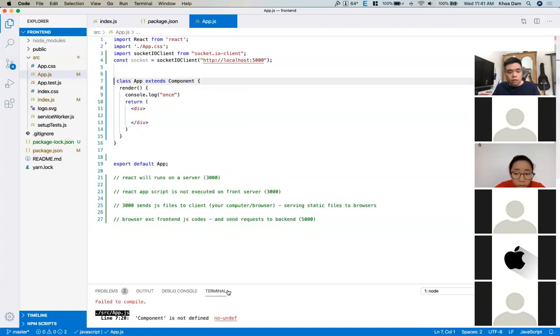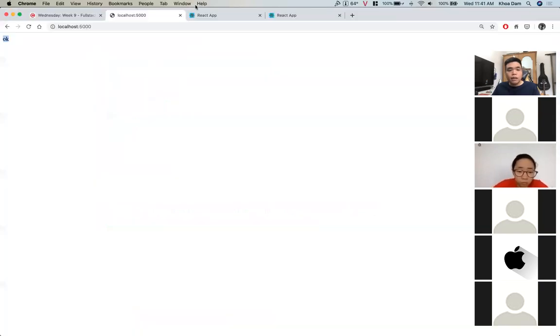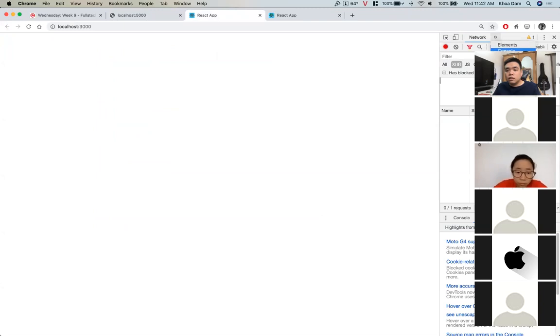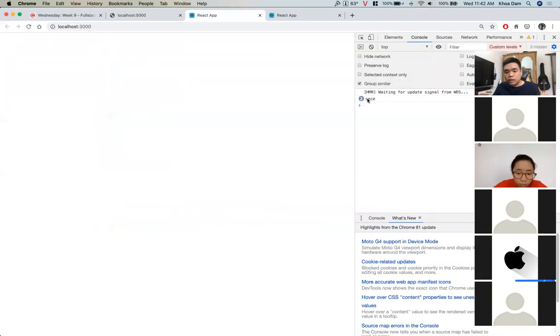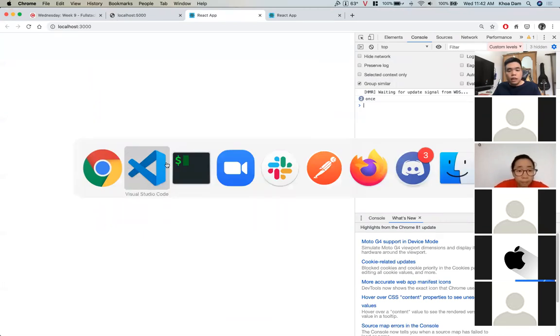Now if you take a look at the log console here, see it runs twice. You see the number 2 here, it runs twice. If I delete strict mode,